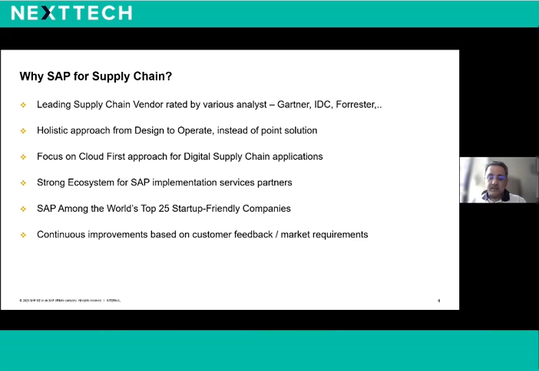How do we help them in terms of expert advice, in terms of infrastructure, in terms of end-to-end processes? That's where we are known for. And at the same time, taking feedback from customers. Now, every single customer is connected. They can give their feedback, how their products are performing, what are the challenges they are facing. So we closely work with customers, take that feedback as a part of our design process, and then develop our products accordingly. So this is my 2 cents in terms of why SAP in a supply chain environment.